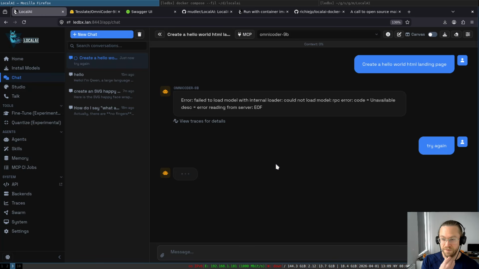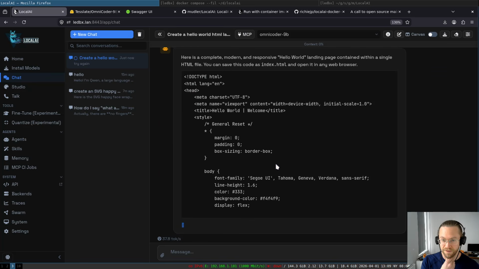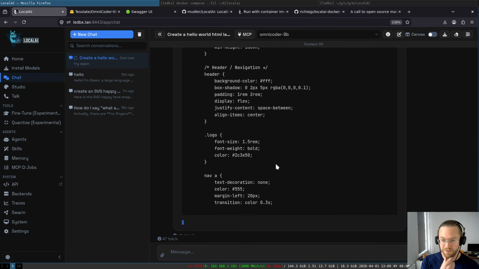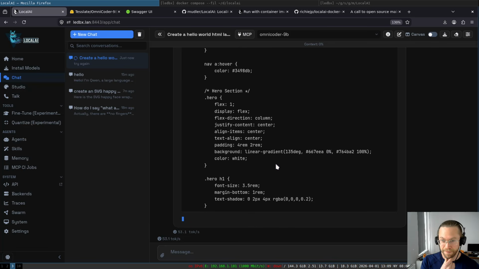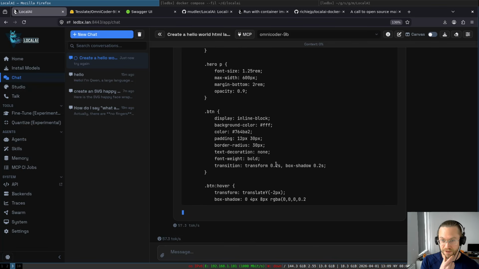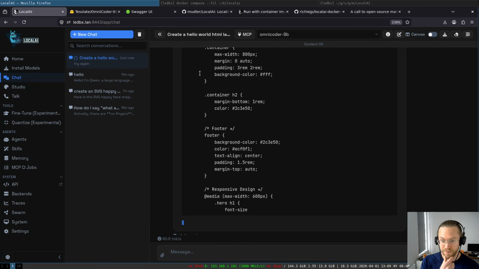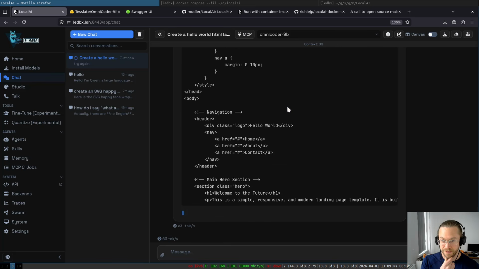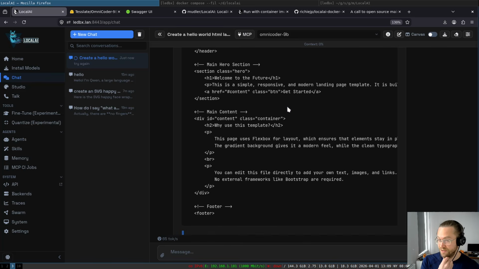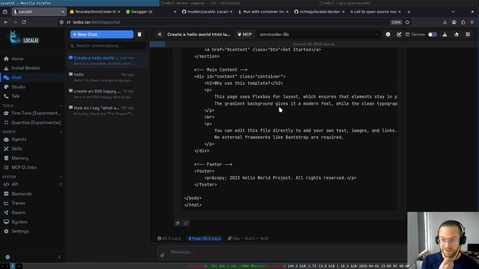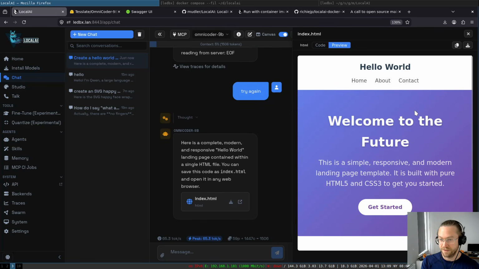Let's see now whether those settings have taken. Okay, yes, and it's doing it. It's generating some code, quite a lot of code. Okay, we can see it's used 5% of its context generating those 1,500 tokens. And it worked. It produced a landing page,